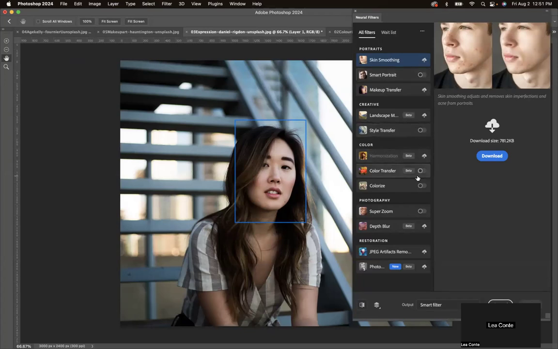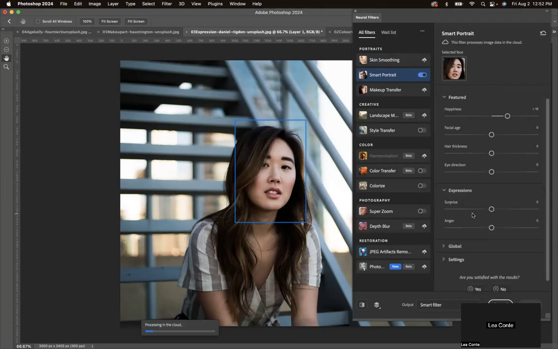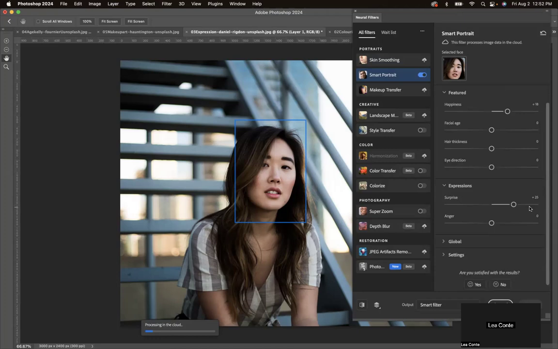So you can see with all of the ones that I've already downloaded, you can turn them on and off. So these are already off, so I can turn them on. This just helps with the effectiveness of the program running essentially from the cloud. So if I turn that on with the Smart Portrait, you can do just interesting things like changing someone's happiness level, changing their age, their hair thickness, their eye direction, their facial expressions. So it's a pretty interesting